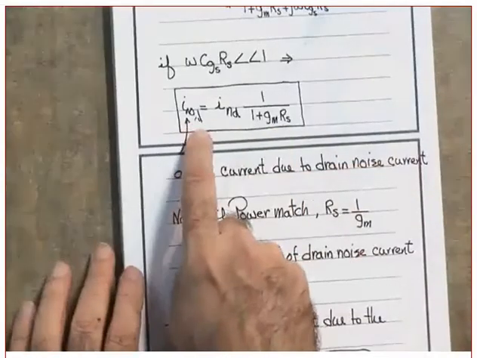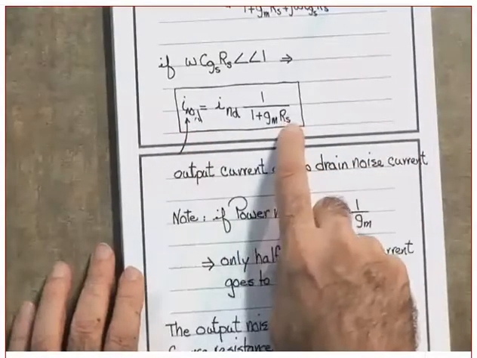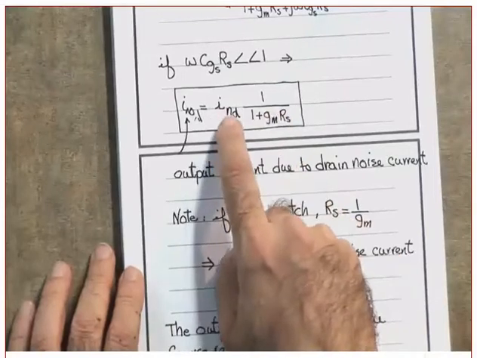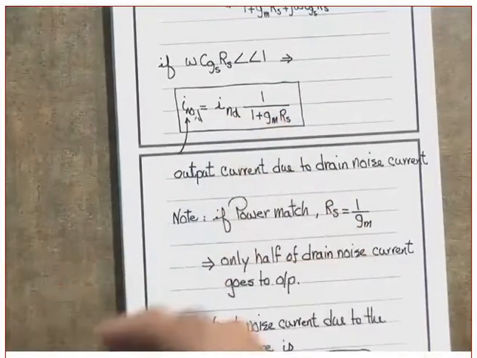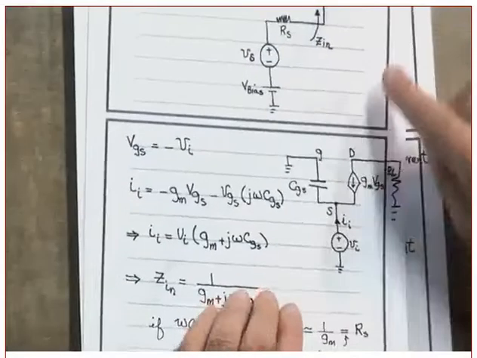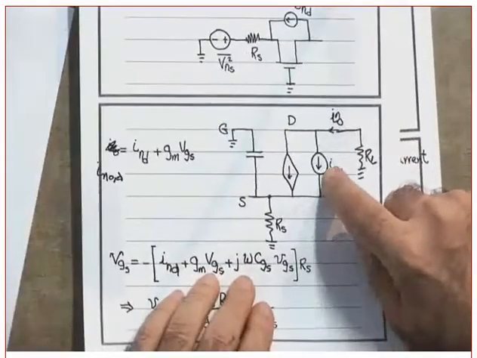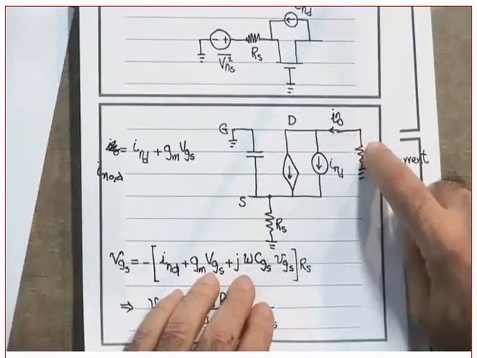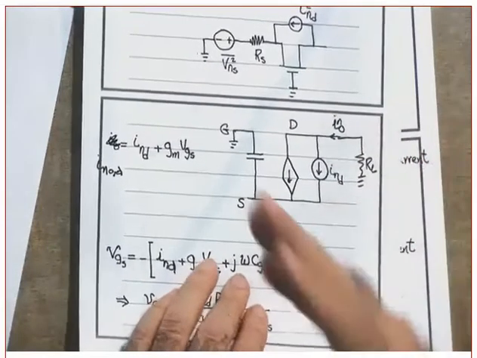What is I_NOD? If gm is equal to 1 over RS, this is 1 plus 1, which means I_ND over 2. It means half of the drain current, half of the drain noise current,